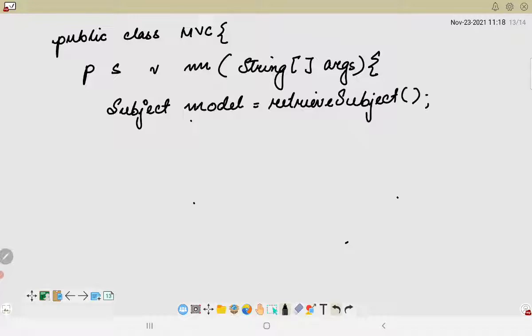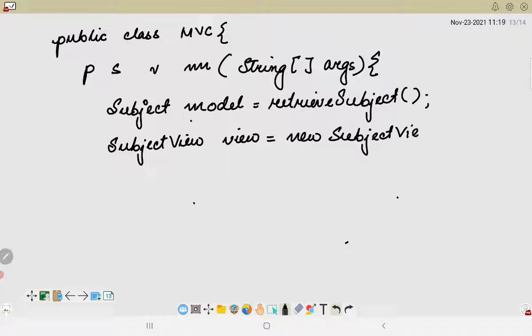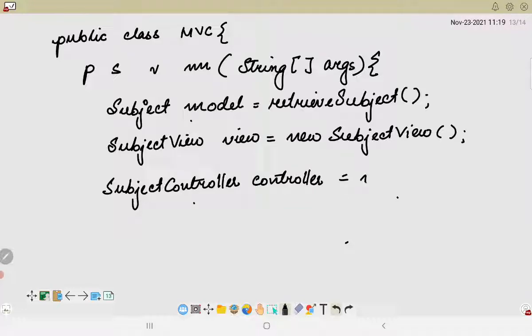Then we will also create a subject view object, which is new subject view, and then let us consider a controller, which is subject controller, and let's say controller is the object here, and we are also considering here as new subject controller.